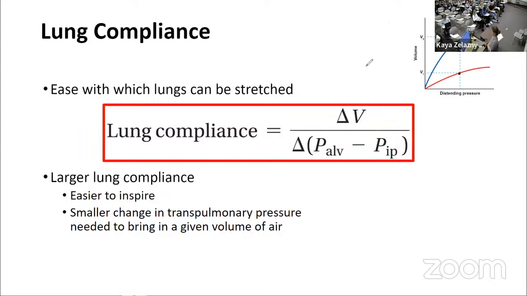So it's all about this volume pressure relationship. Okay. So larger lung compliance means it's easier to inspire, so easier to breathe in specifically. And you only need a little bit of a change in that transpulmonary pressure to bring in any given volume